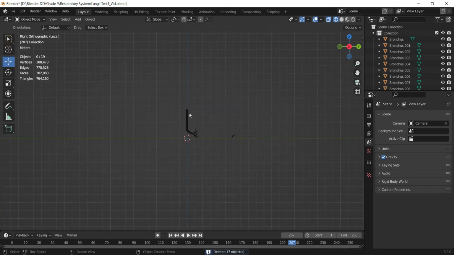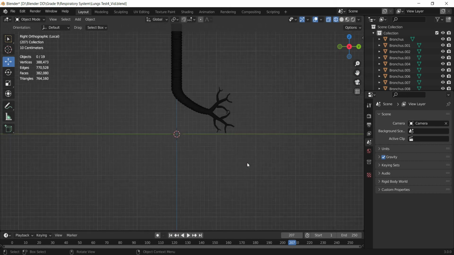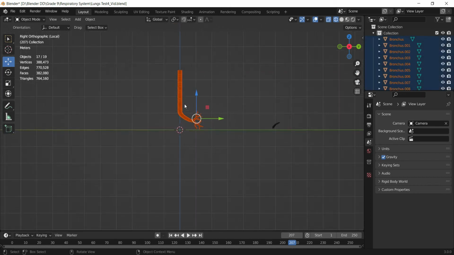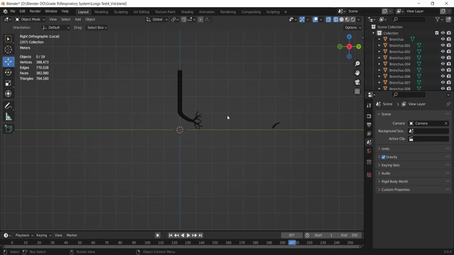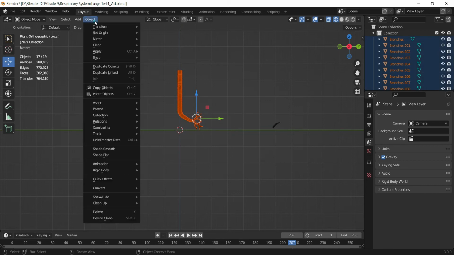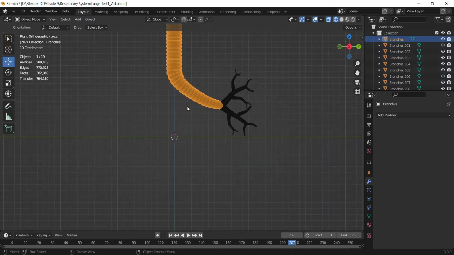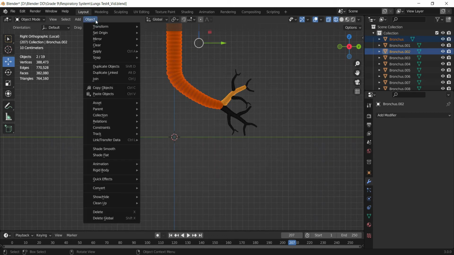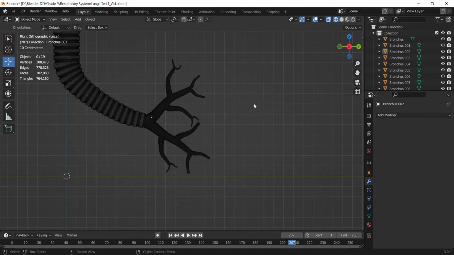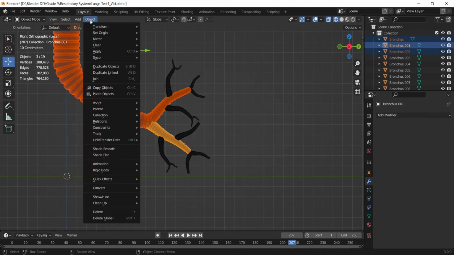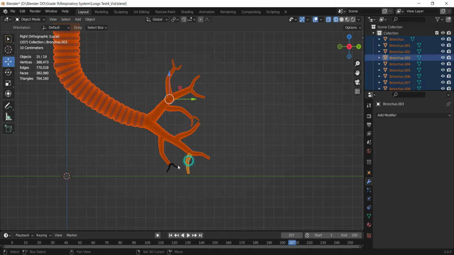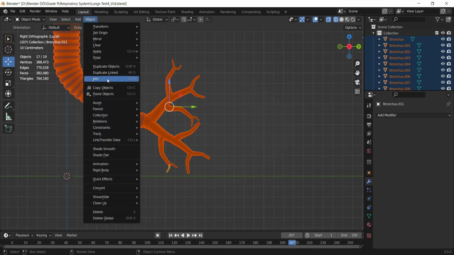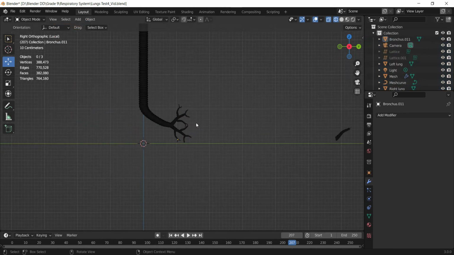And after that, we all know that if we want to make all these meshes into one, we can select and choose the option join. Object, join, and this has become a singular mesh.